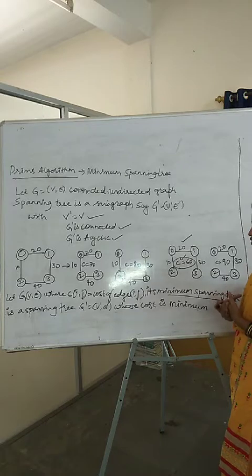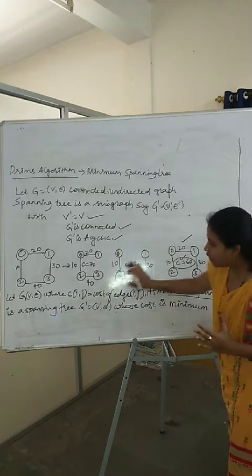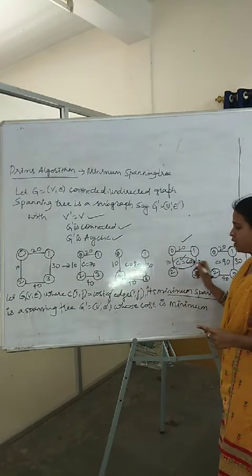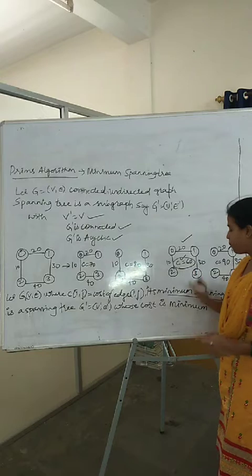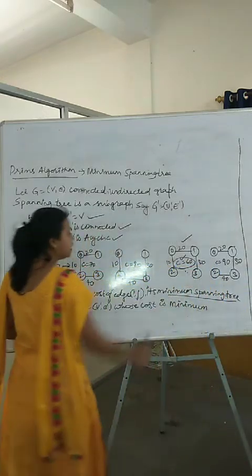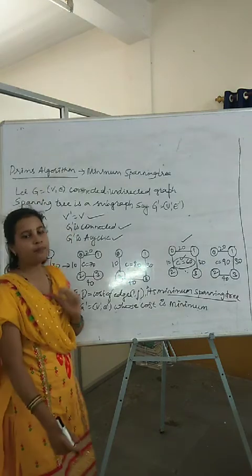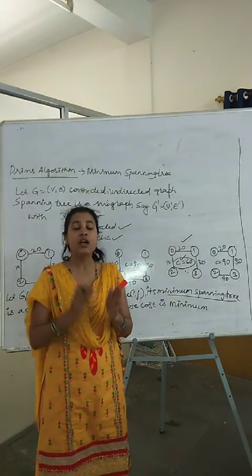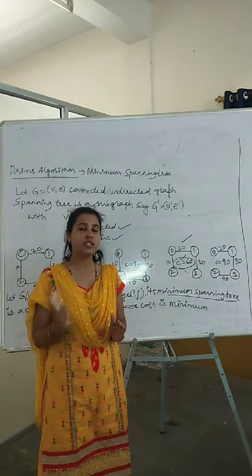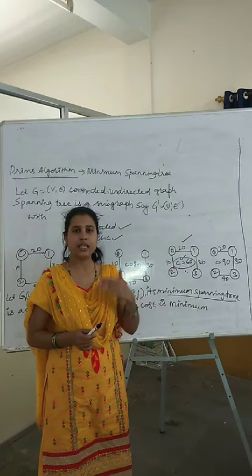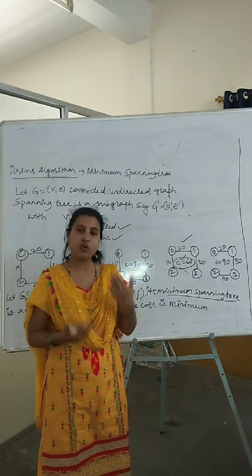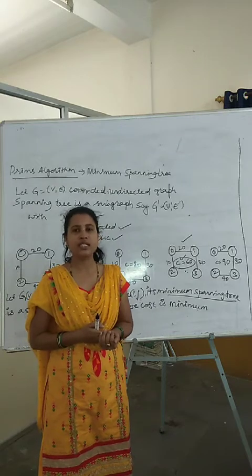What is a minimum spanning tree? Among all the spanning trees of a given graph, the one which has the minimum cost is called a minimum spanning tree of the given graph. To find this minimum spanning tree, we use Prim's algorithm. Again, for Prim's algorithm we have a tabular method. This tabular method is the same as that of Dijkstra's algorithm, which we studied in the previous video, only with a slight modification. So let us go with the tabular method of solving Prim's algorithm.